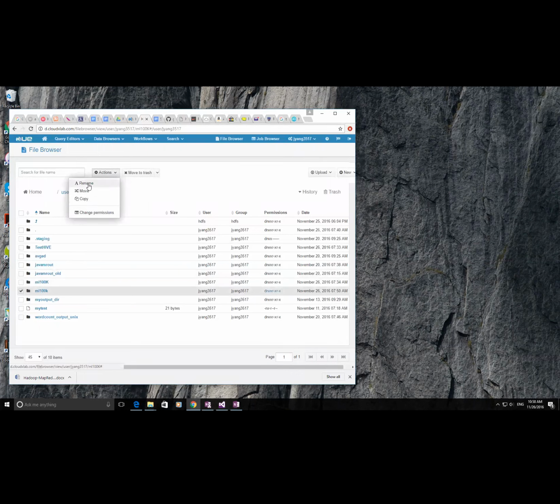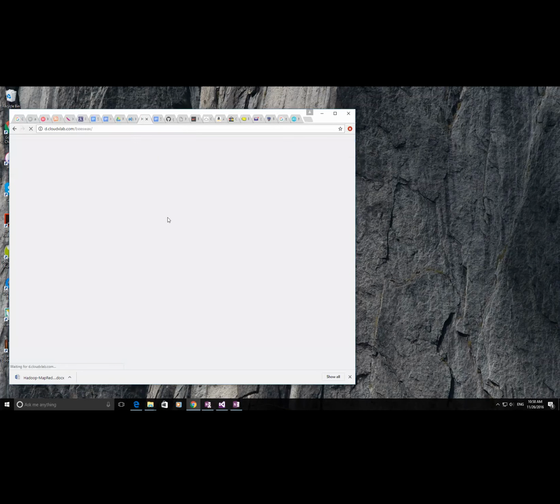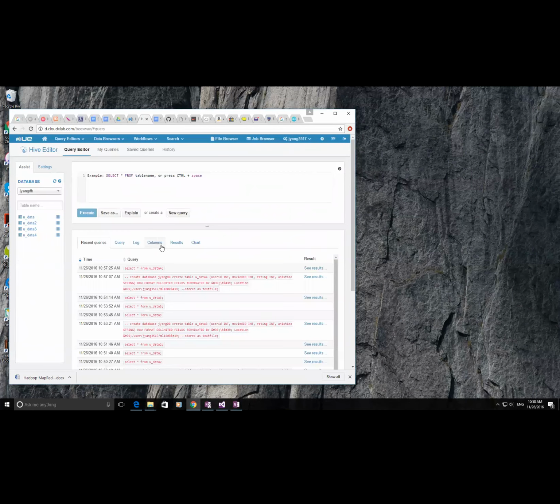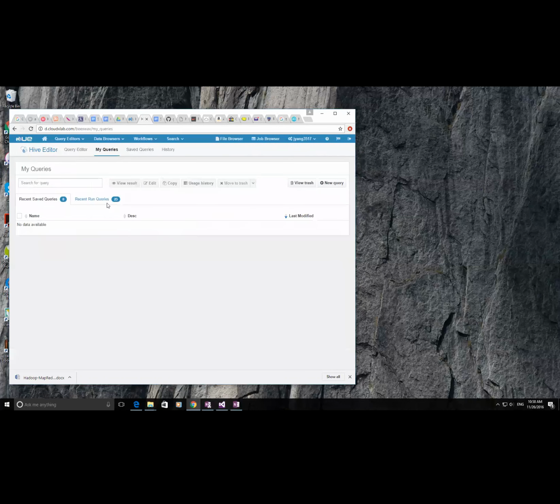I go back there. I think L is also capital. Go back in your query, please. Recent run queries.